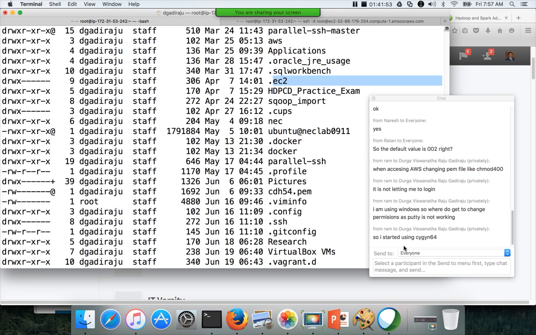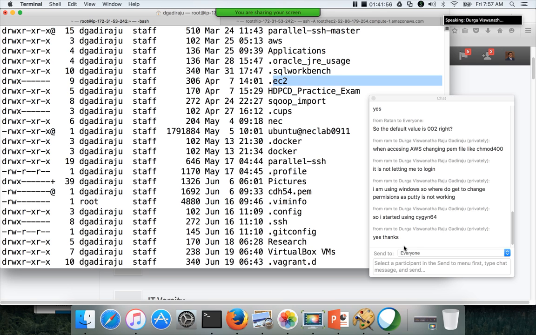So the question by Ram, please post the questions to everyone. That way I don't need to repeat. Now let me repeat. I forgot to repeat. So he started with the question: when accessing AWS, changing the PEM file like chmod 400, I am not able to log in. So the answer is whatever I have told. It's not just the file. You have to change the permission on the directory also. Then he asked: I am using Windows, so where do I change the permission as Putty is not working? I told him to start using Cygwin, and in Cygwin,